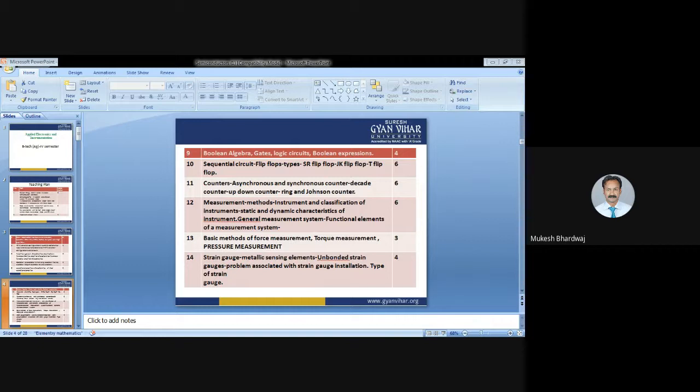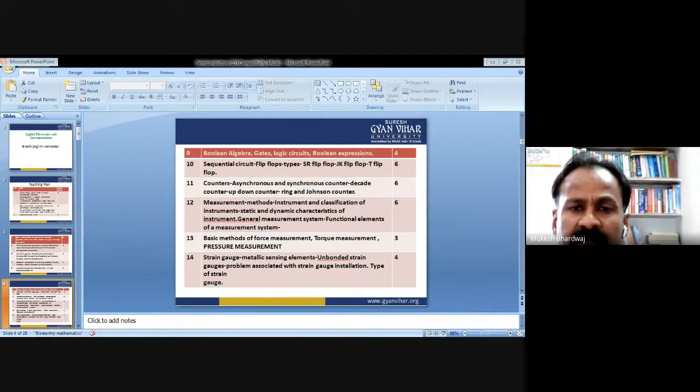And the Boolean algebra is related to 0 and 1, because we know that the computer understands machine language, which is in the form of 0 and 1, and the algebra related to that is known as Boolean algebra. On the basis of the Boolean expressions we have to design the different types of gates for getting the output based on the various inputs. After combining the gates, we get two types of circuits: one is the sequential circuit and another one is the normal circuit.